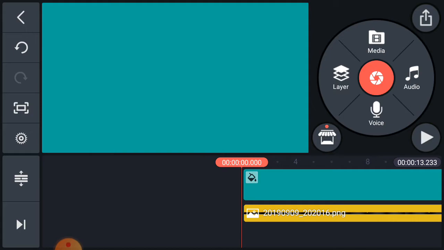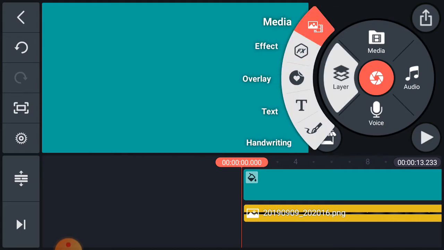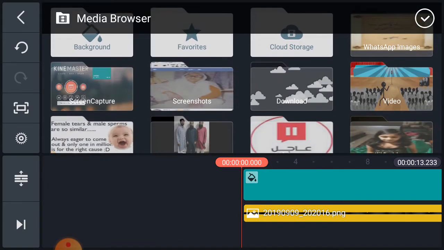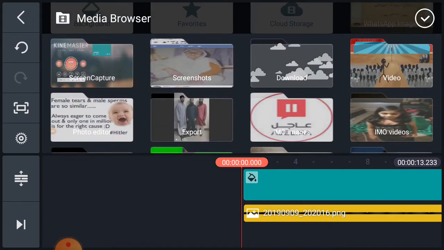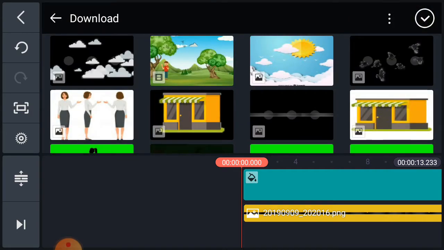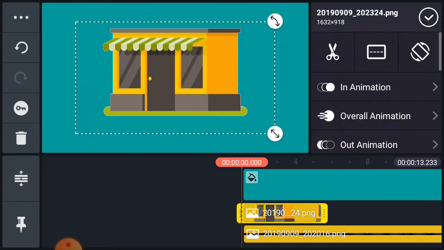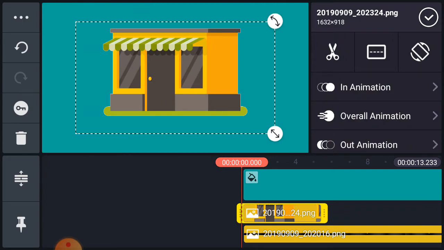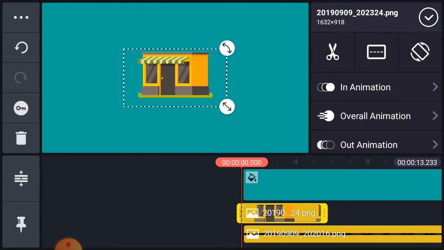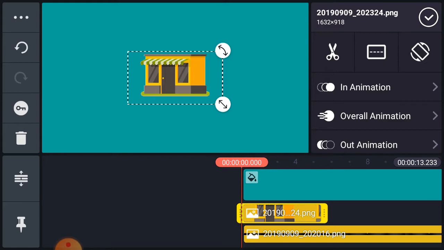So again I will go to the layer and again media. I will select the second image and this time I will take the shop. I will minimize this shop because we have to show the lady is crossing and some things are going and coming during her way.